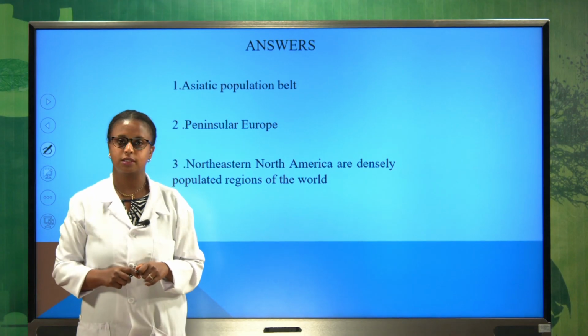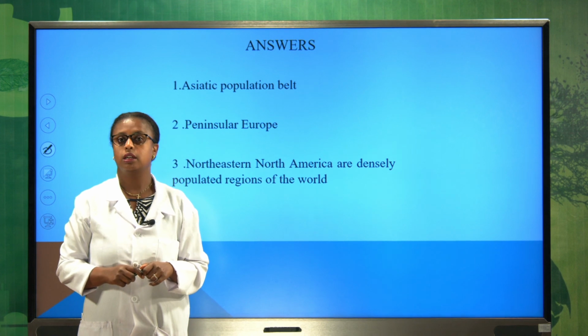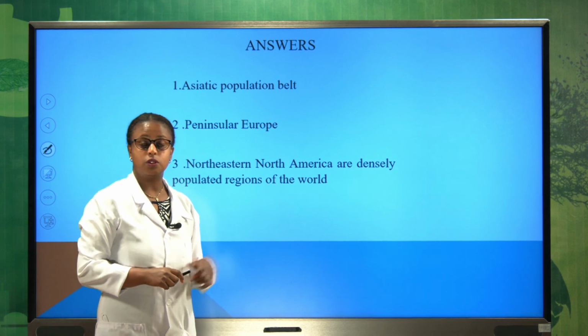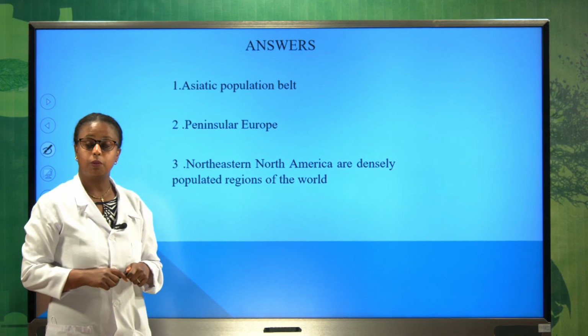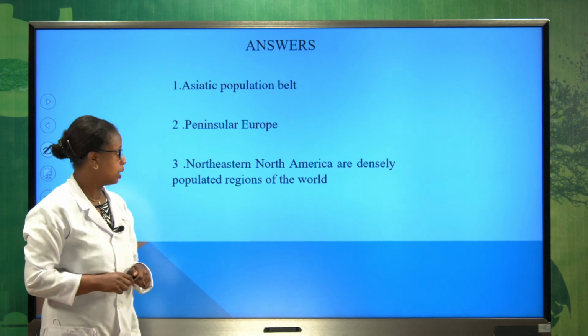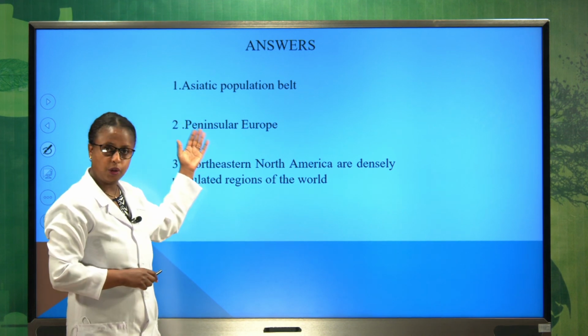Welcome back, students. Did you manage to list the densely and sparsely populated regions of the world and explain the general characteristics of urban and rural settlements? Well done. Let us check your answers together. As you have learned in the above lesson, the densely populated regions of the world are grouped into 3 belts. These are the Asiatic population belt, peninsular Europe, and Northeast